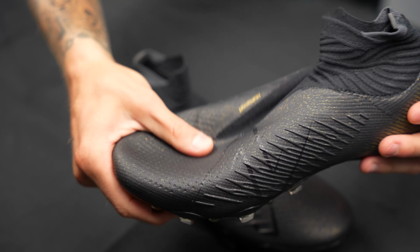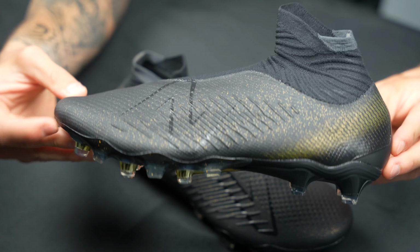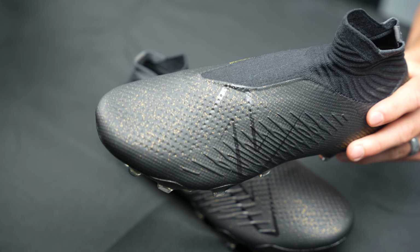That is so mega, mega soft. I am super impressed by this. So a couple tech specs about this boot we'll talk about as I'm showing you guys in the B cam. So this is a full foot stretch knit upper,